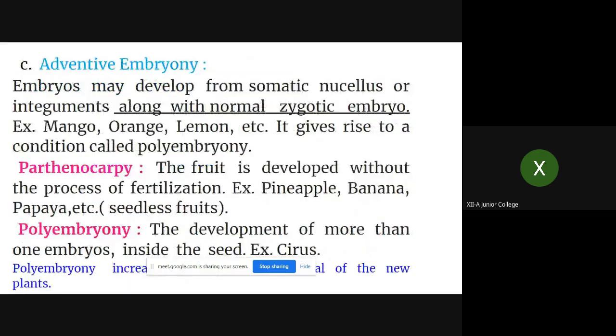Now the next is what? Adventive embryony. Remember, these are the few terminologies which you need to remember in this chapter. Embryos may develop from somatic nucellus or integuments along with the normal zygotic embryo. Now see, there is a little difference again here from the previous apomixis. Here, embryos are developed, but what? Along with